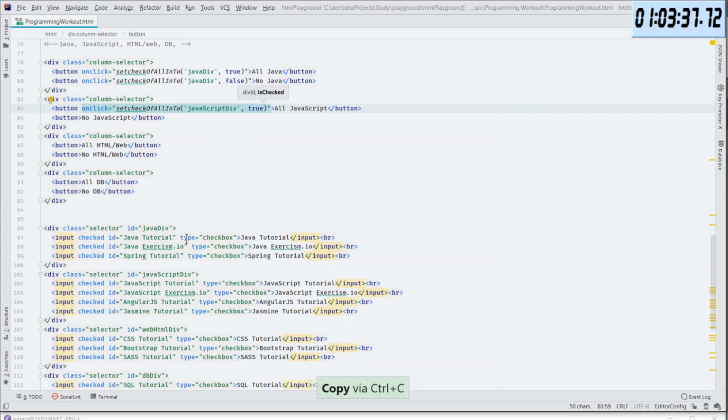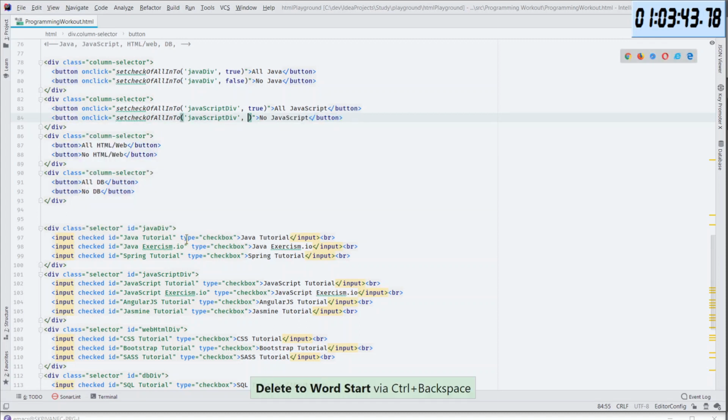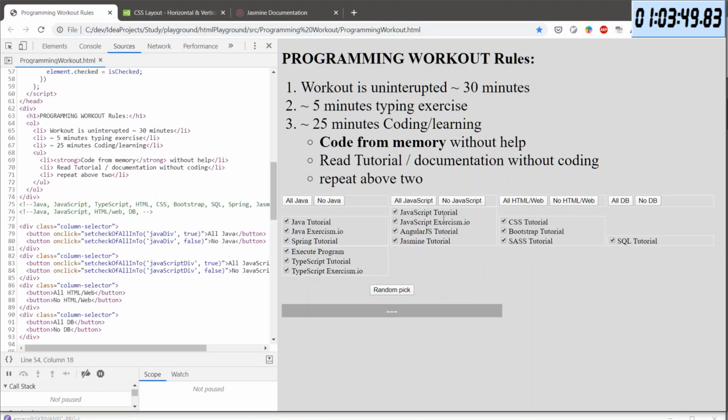Yep. And paste it in here. This one will be false. Okay, let's try it. No JavaScript, all JavaScript. No, all, no, all. I'm a magician. Okay, cool.